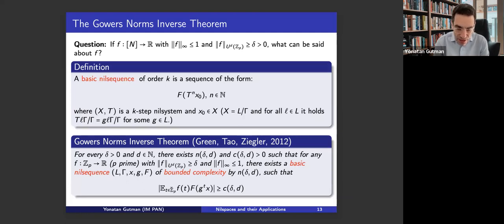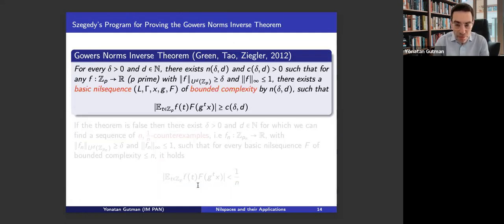from the 50s. But intuitively, notice that a very particular example of a Nil sequence is when your Nil manifold is a circle and you just take the irrational rotation. So conceptually, Nil systems are generalizations of irrational rotations on the circle, which are of course very related to arithmetic progressions. So I don't think it's so surprising that correlation with Nil sequence can show that there exists non-trivial arithmetic progression.